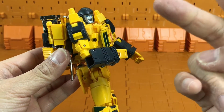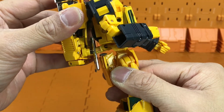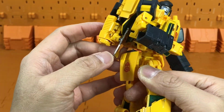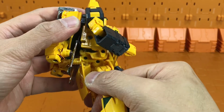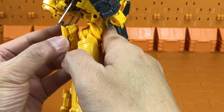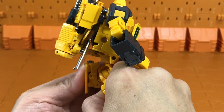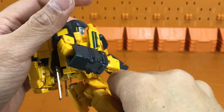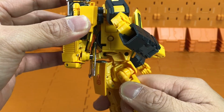The second thing that I think could have been improved on this figure is this backpack area. While in some cases you can turn the waist, there are times when the hood of the vehicle or the butt flap will scratch onto this chrome piece right here. And this piece here, at least on my copy, doesn't seem to want to clip in properly. And so there's a little gap there, which